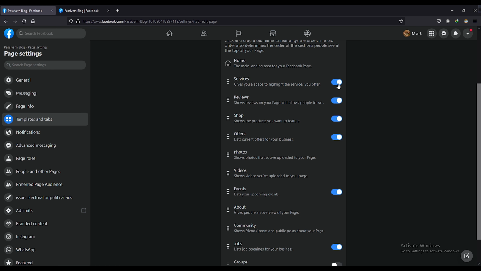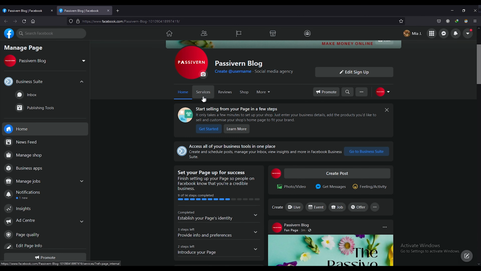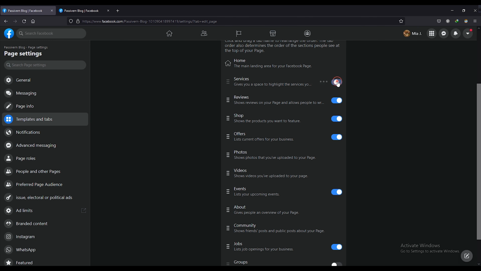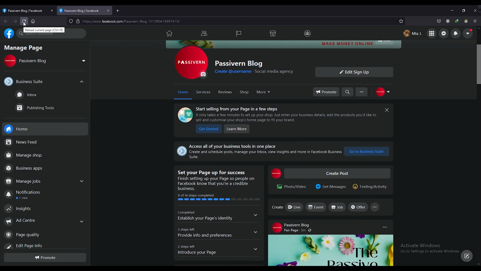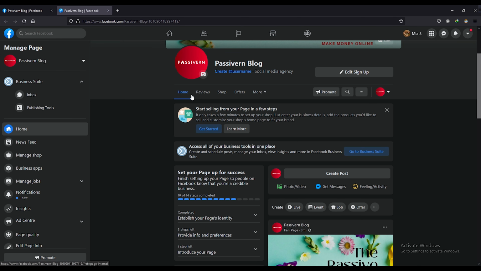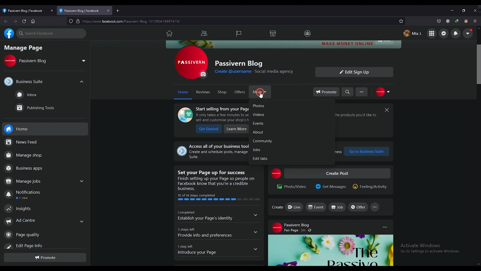Suppose I do not want to keep this services option on my page. If I go to my Facebook page right now, you can see that there is a services option here. Now if I untick it and then reload my Facebook page, you will see the services option has vanished. See, there is no services option here.